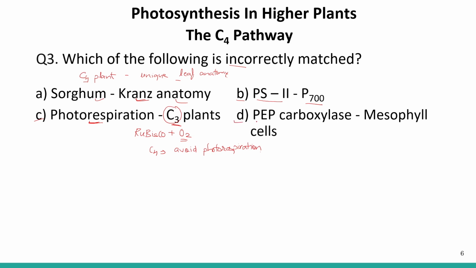Now let's look at the fourth option, which says PEP carboxylase is present in the mesophyll cells, which is correct. Okay, so PEP carboxylase. What happens in the mesophyll cells? In the C4 pathway,